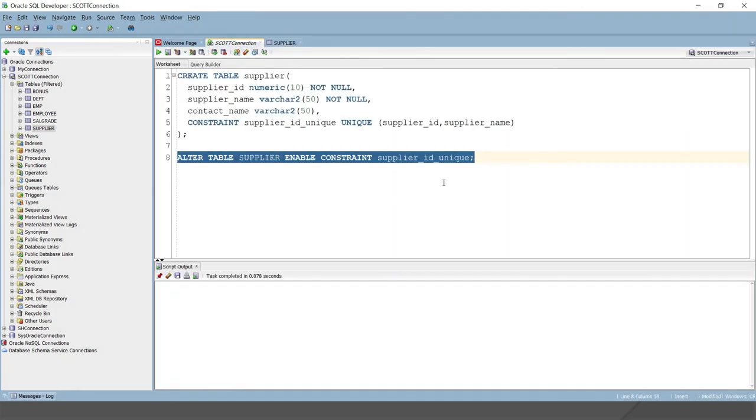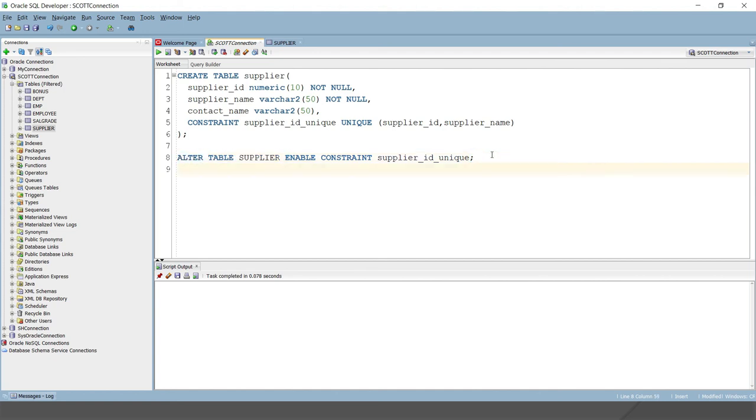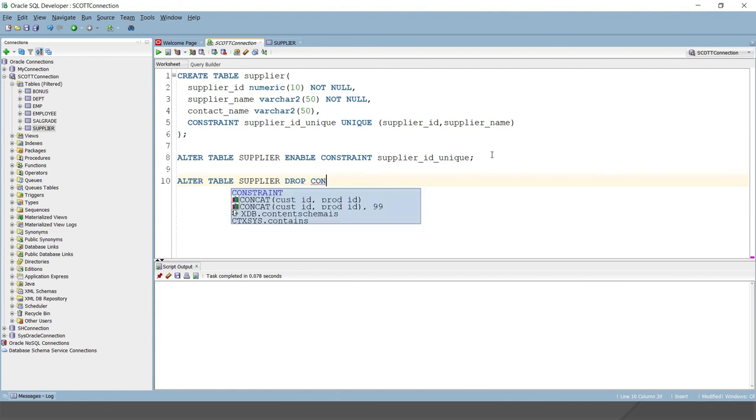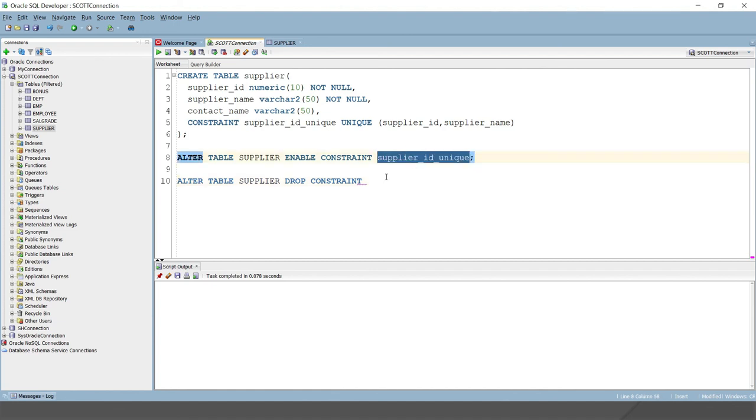If you want to drop the unique constraint, how can we do that? We can do that easily. You can use the alter command, alter table, then the table name, and then you have to use drop constraint, and then the constraint name.